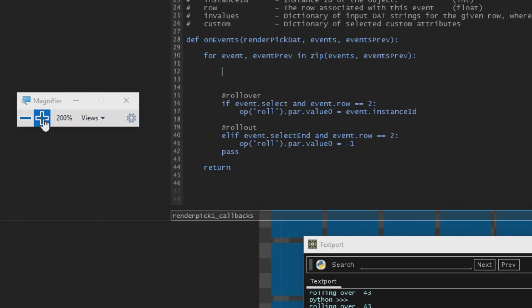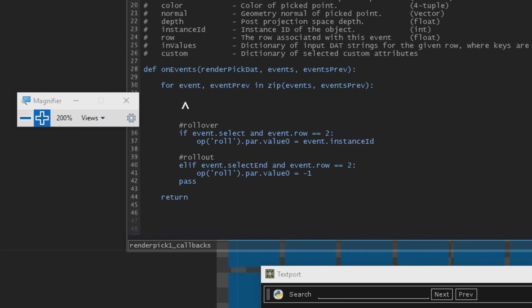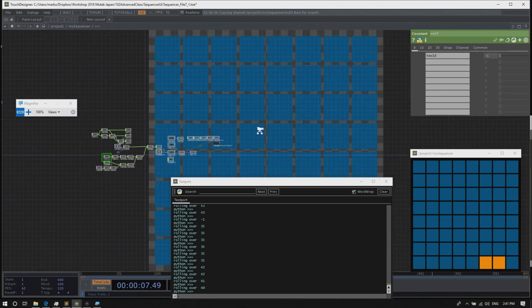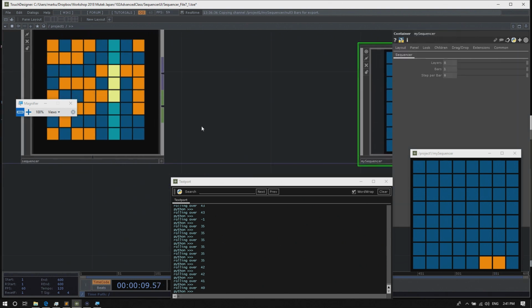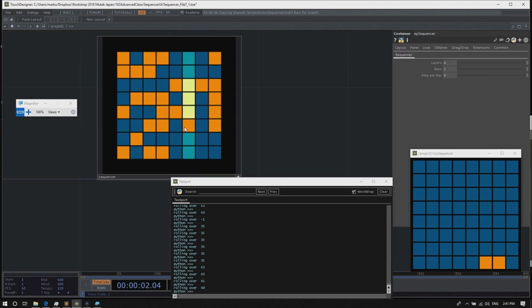Okay, and now we can add in here the same for selecting. Probably should zoom in. Before I do this, I just want to show you again in the example that the selection process is something where you can draw.